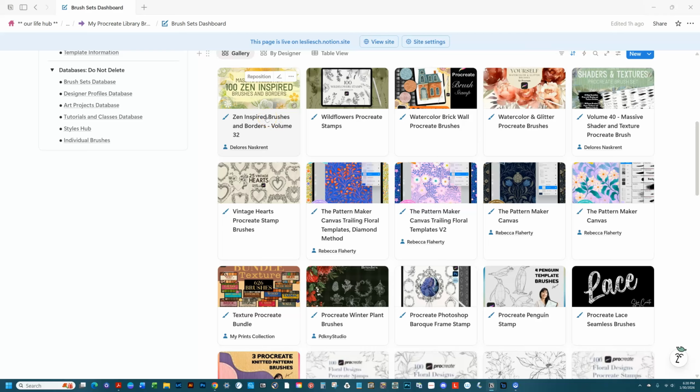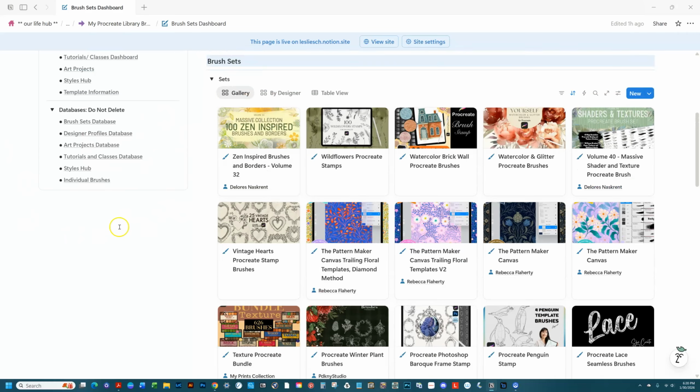There's an app for every single computer or device out there that I'm aware of, and you can also view it from a web page too. This makes it really cool when you're using it with your iPad. You can just click over to it from your iPad. Okay, so